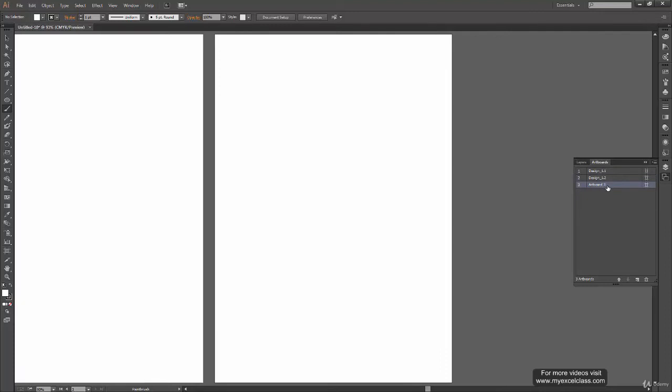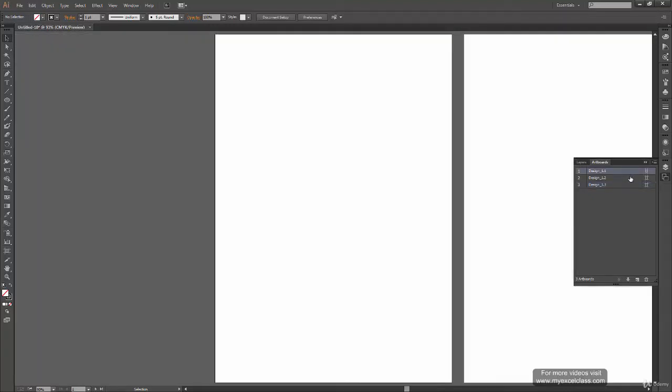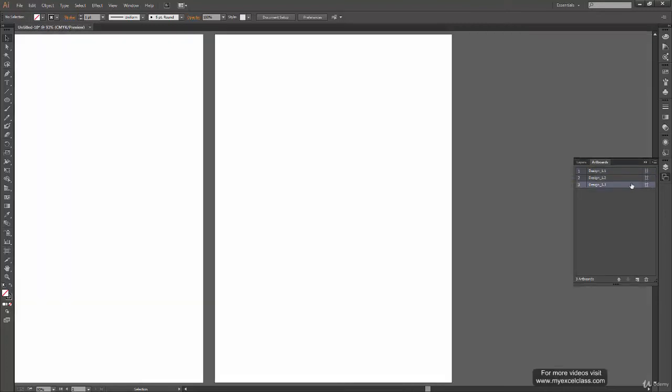And similarly rename this third artboard to design underscore 1.3. Alright, so I have my artboards renamed. Now I can double click on this blank space over here next to the name to focus on that particular artboard, or you can say it works like fit to screen. It works in the same way as Control 0.